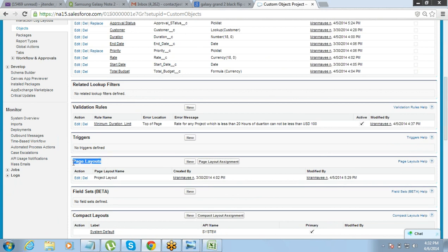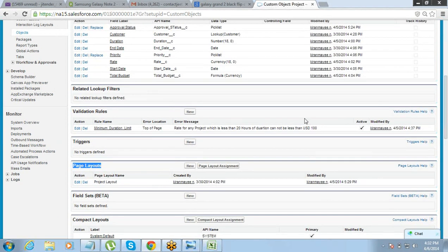So by default, when you create an object, the page layout is created for that object. It's automatically created for that object. Okay. So we don't have to do anything. On that custom object, if you scroll down a little, just below your validation rule and all, you'll find page layout.